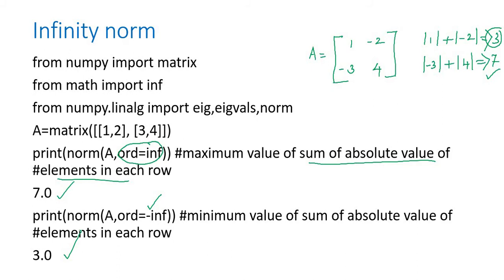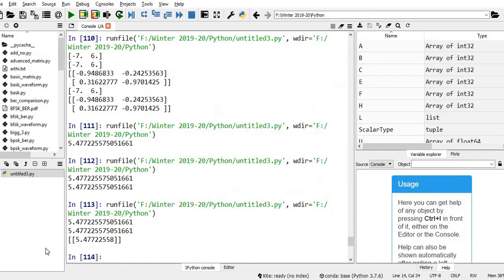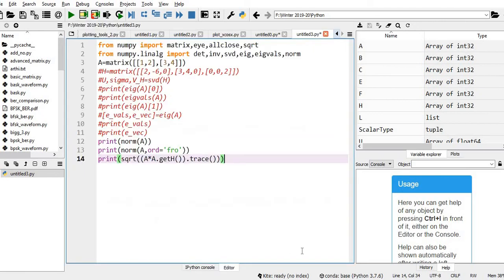Let us try this. Let me comment these things, I don't want these things. Slightly change the matrix, or you can use the same matrix. I just want to introduce negative values. So instead of order Frobenius norm, I'm going to define infinity.